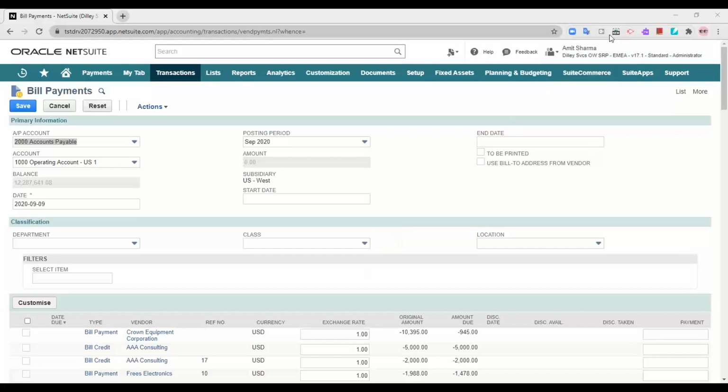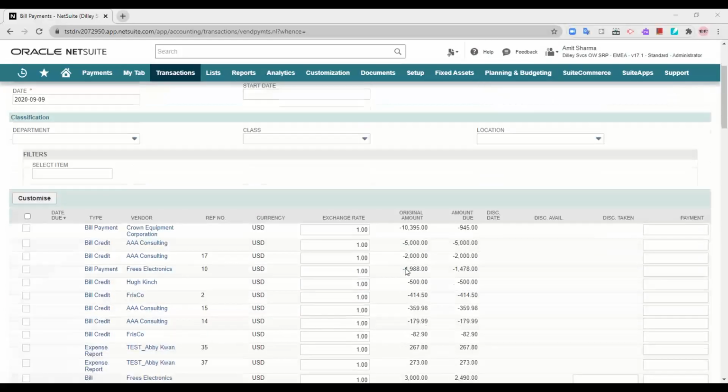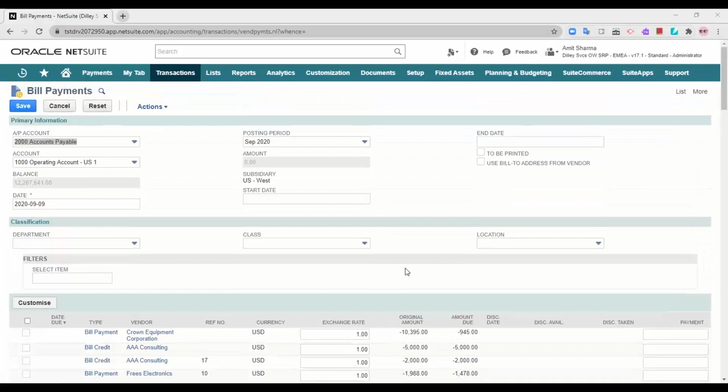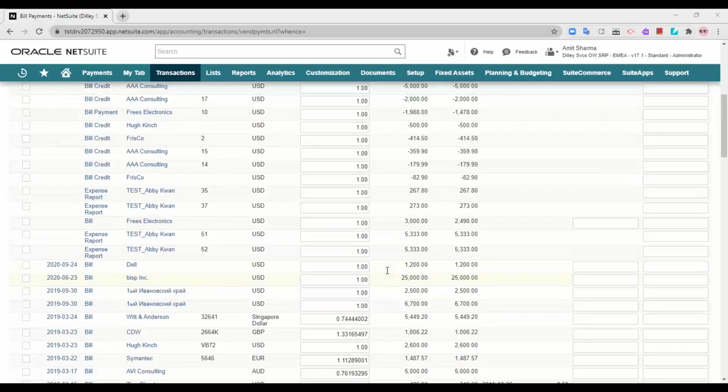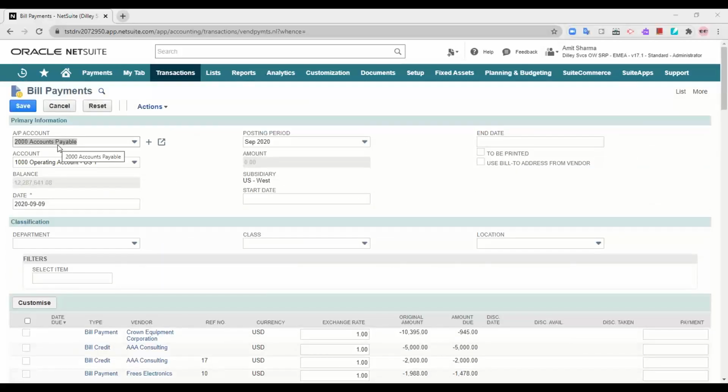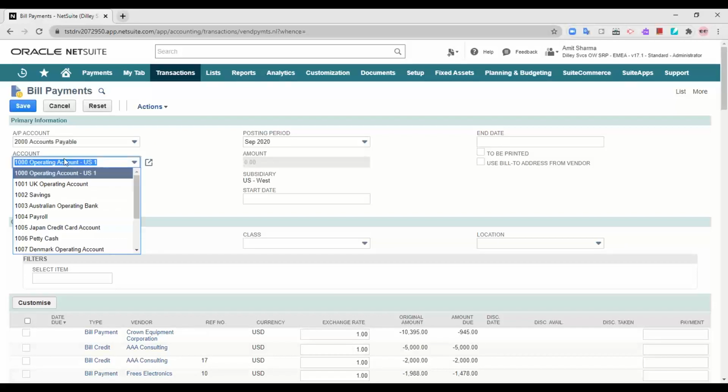So yes, this is the bill payment option, the bill payments page. Here, I'm going to select the accounts payable account for which I would make payments. When you select the accounts payable account, these are the bank accounts from which I can make the payments.